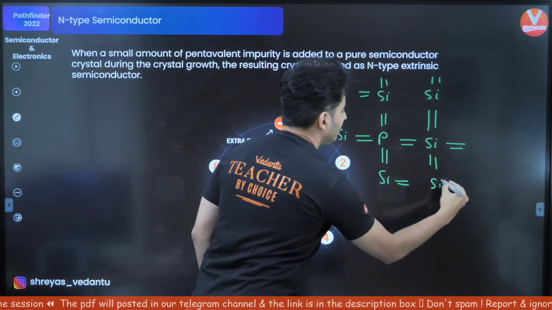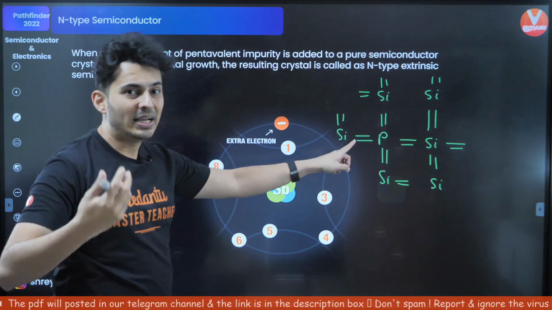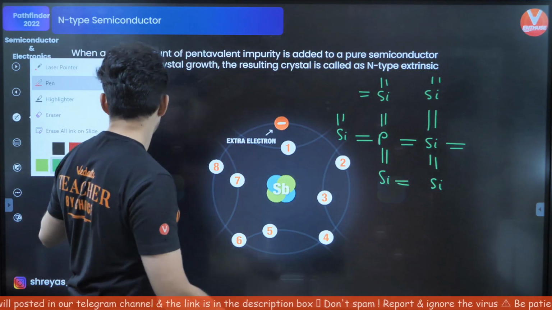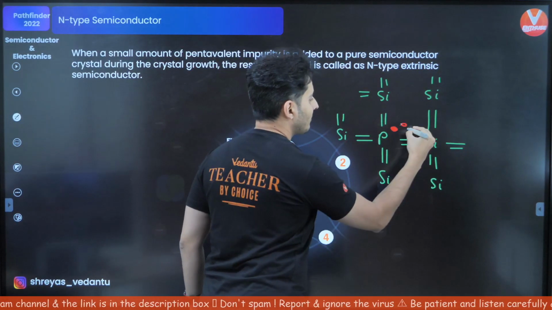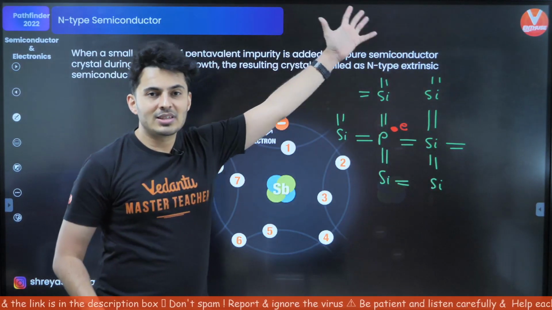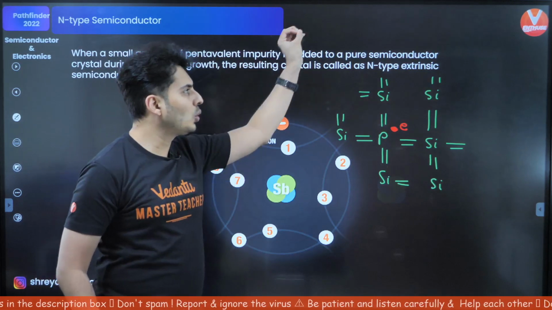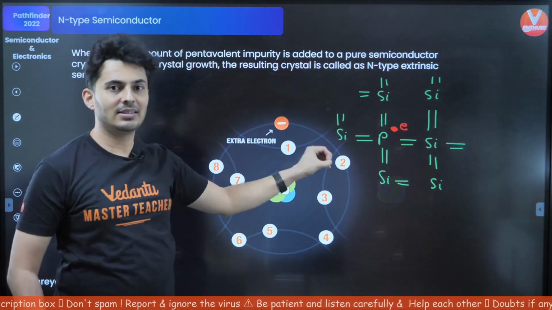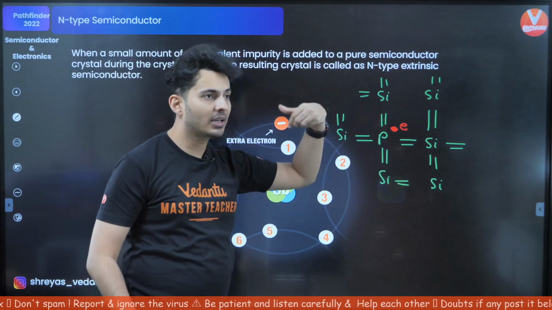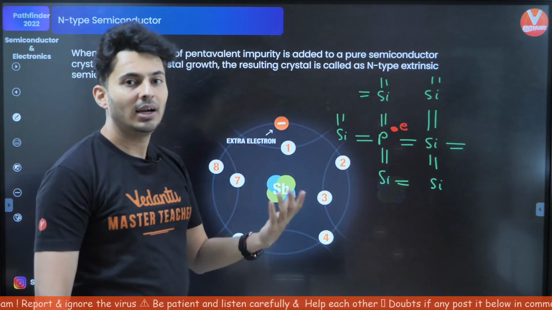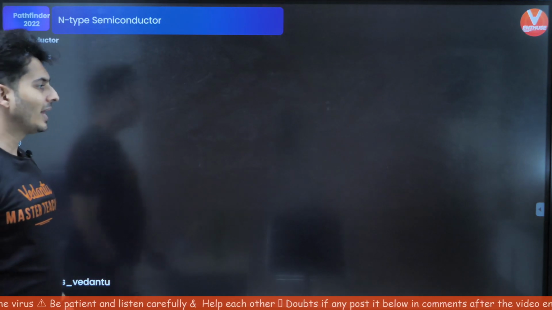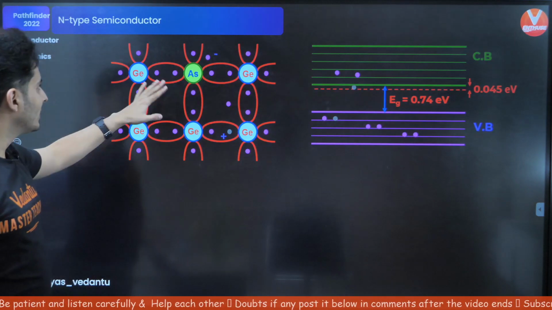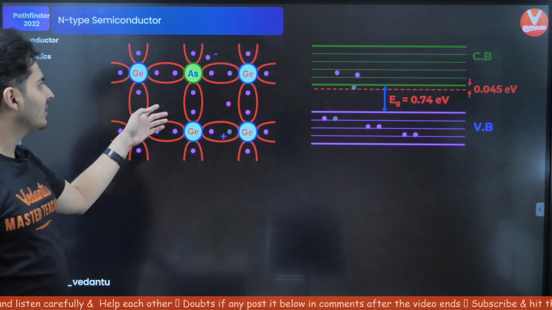Now imagine if it's a pentavalent impurity, what will happen? You will see one more extra electron over here. If you add more such pentavalent impurities, there will be so many electrons in so many places. Those electrons help in contributing to the extra current, and that's why the conduction changes. Now if you look at it, you can see over here, this is an N type of semiconductor